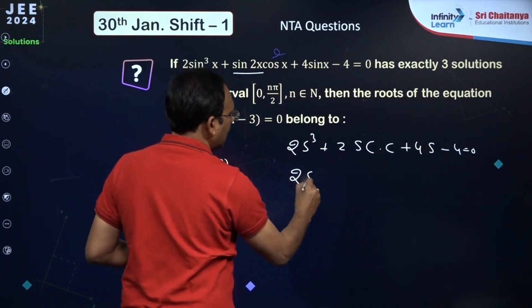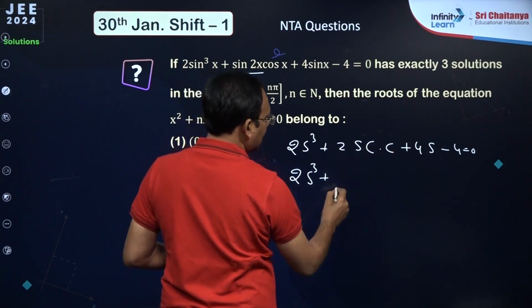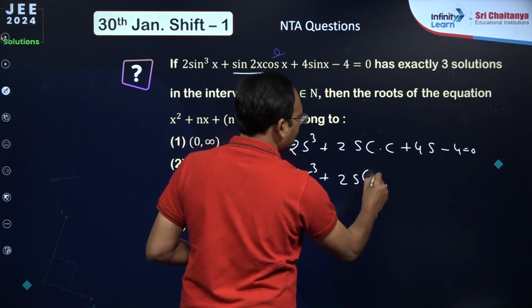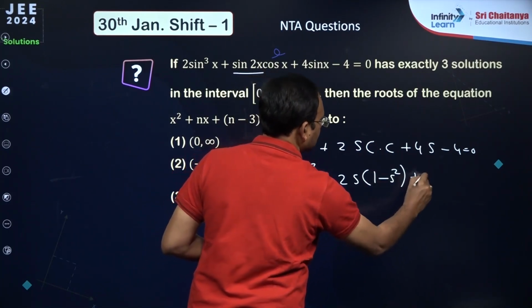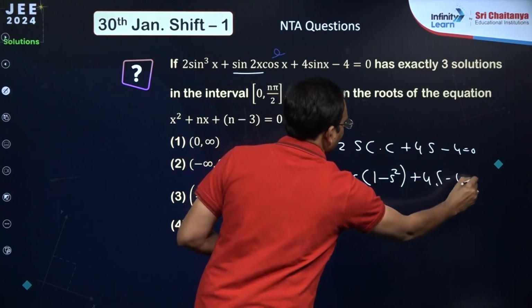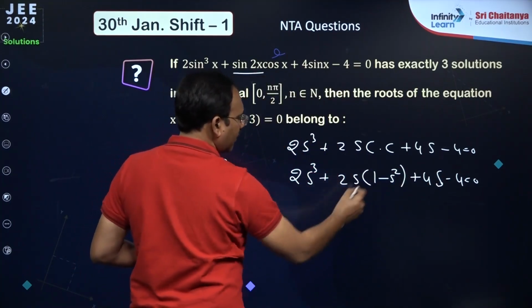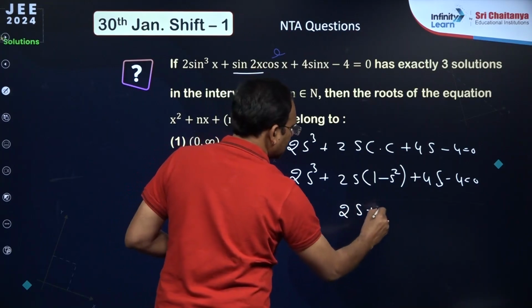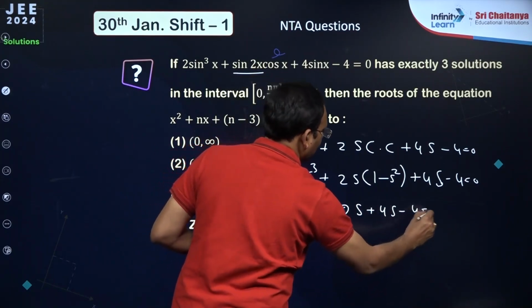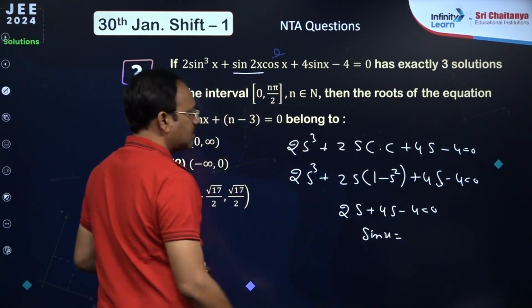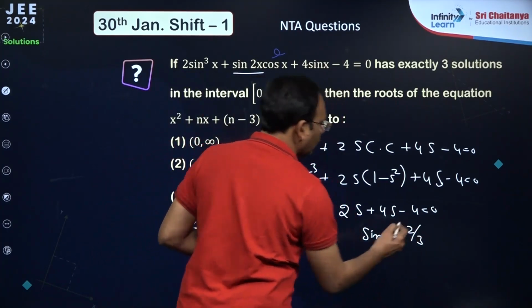You can write here, my dear friends, 2 sine x, cos square x you write 1 minus sine square x, plus 4 sine x minus 4 equal to 0. In the next step, 2 sine cube gets cancelled, 2 sine x plus 4 sine x minus 4 equal to 0. Finally, you are going to get sine x is equal to 4 by 6, which is 2 by 3,